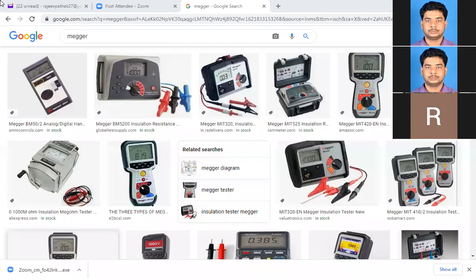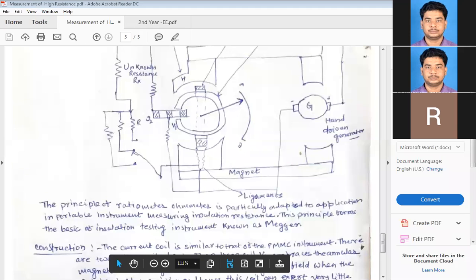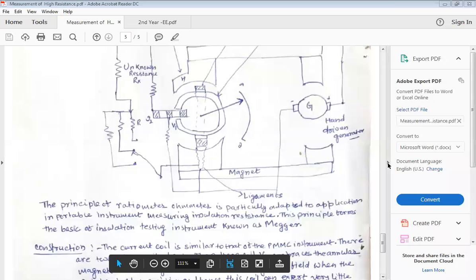It is mainly used for measurement in remote areas where you have to use a cable. You have to measure the insulation resistance of the cable so that you can find out the insulating capacity of the particular cable. So this type of instrument is used for the measurement of resistance. Now the internal construction of the Megger: what things are inside the Megger?